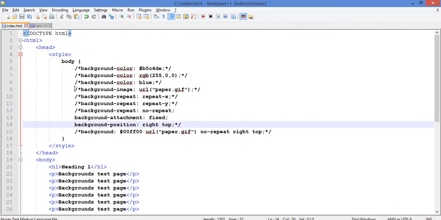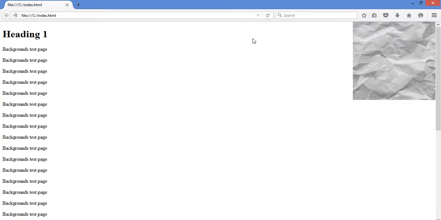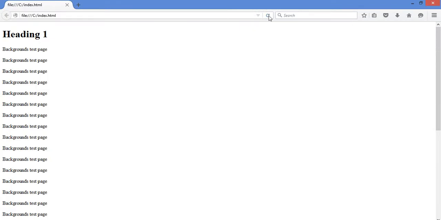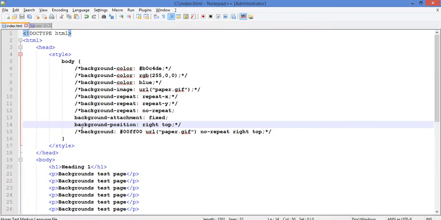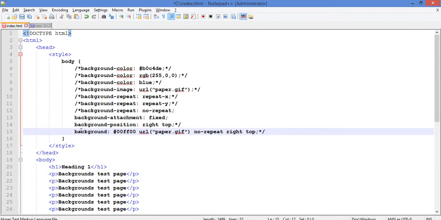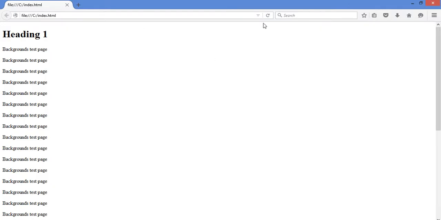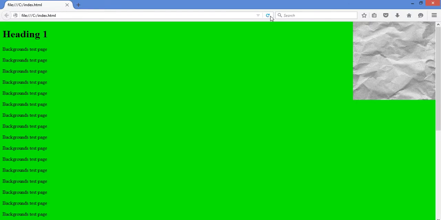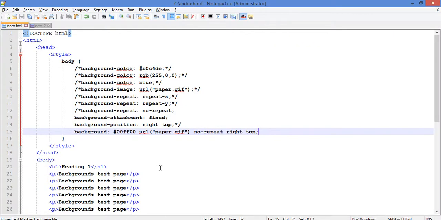Before that, let's quickly reload and test that all styles are removed. Okay, so now you could uncomment this CSS declaration. Okay, let's reload this. So now you could see all the CSS properties corresponding to the background effects which we mentioned in the background CSS property are applying now.